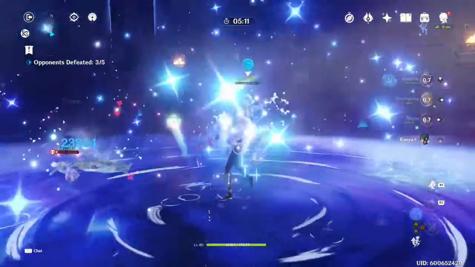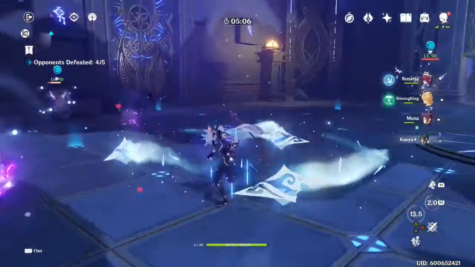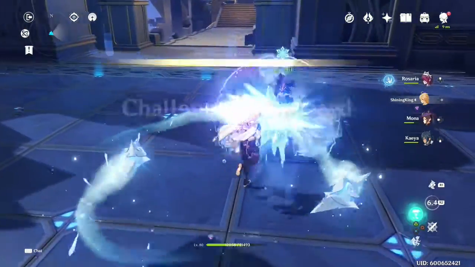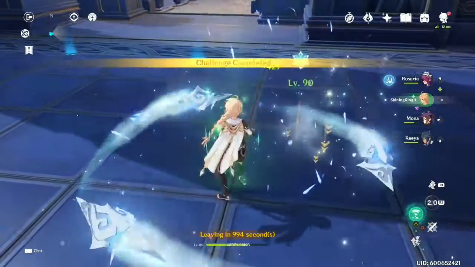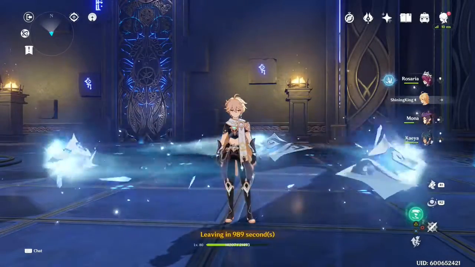So I'm not really going to think that comparing them is even fair, but comparing at least Jean to Kazuha in terms of damage potential is pretty good because her multipliers are nutty. But as you can see, when you really do get some good rotations with the Anemo Traveler, it's okay. I'm just